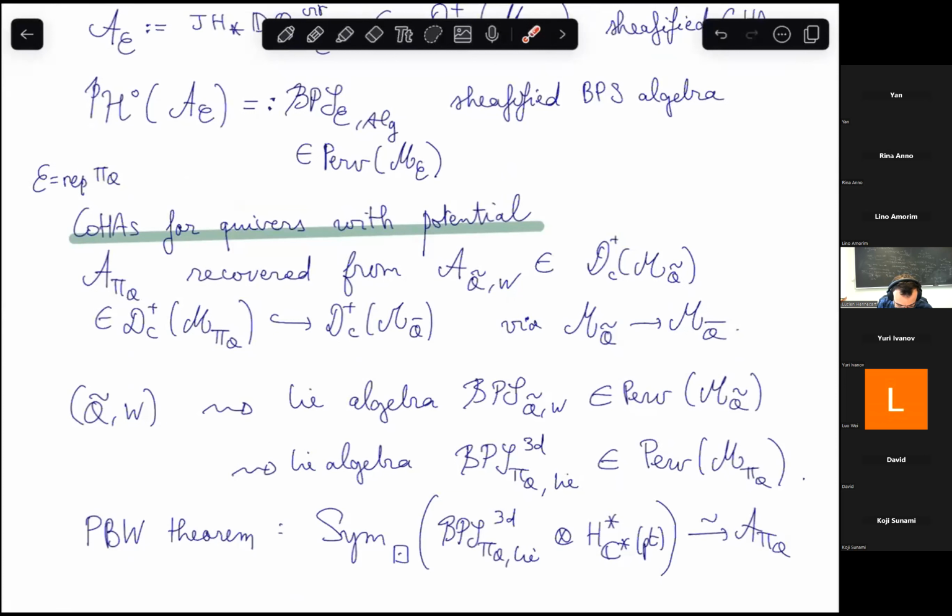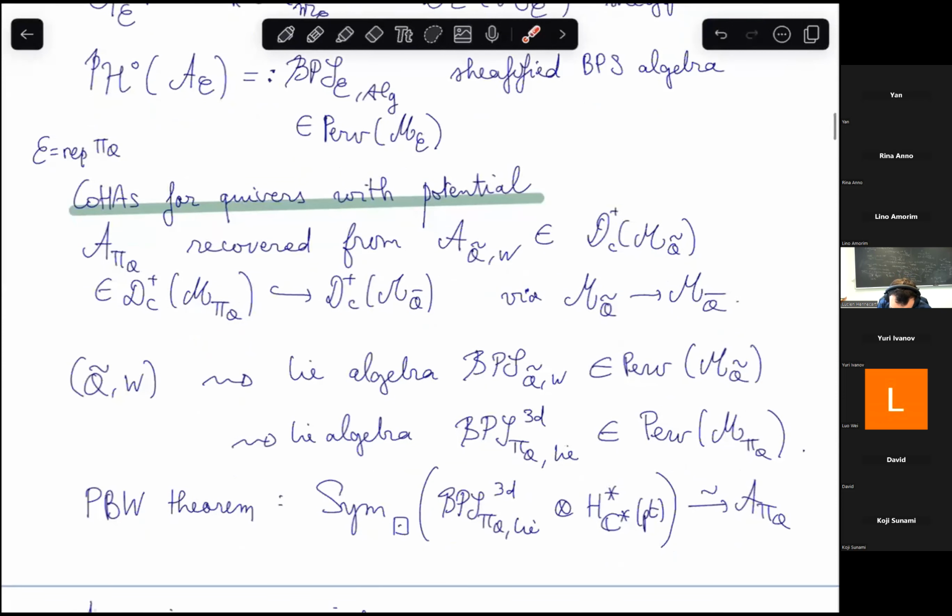So this object lies in the constructible derived category of the good moduli space of the pre-projective algebra, which sits inside the constructible derived category of the good moduli space for the double quiver as a subcategory. Okay, but if you perform some three-dimensional construction using a quiver with potential, there is a formalism providing you with some